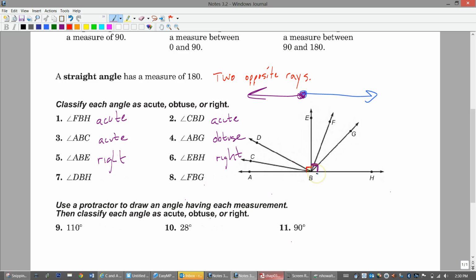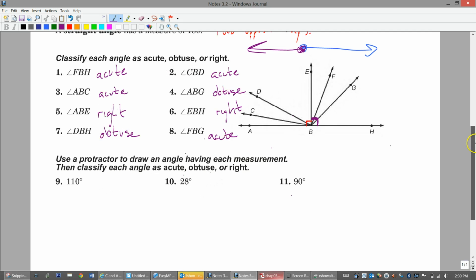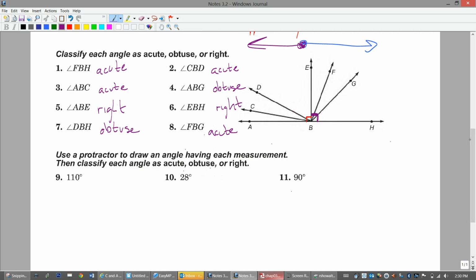Okay, next. What's the next one? What's 7? Obtuse. Number 8. Acute. True. Okay, come up and